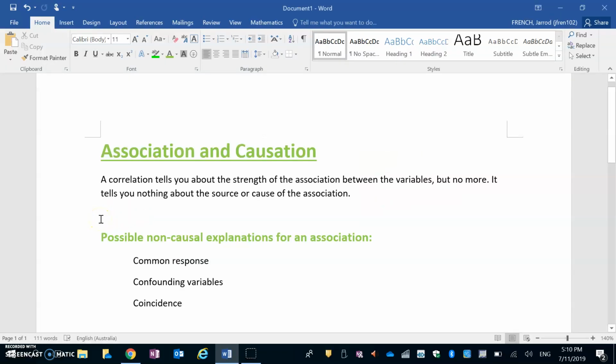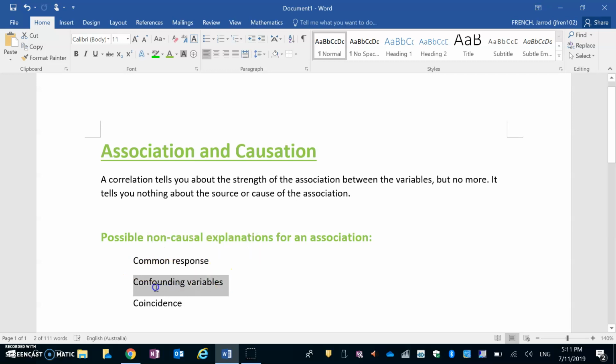Okay, so what we're going to look for now is some possible non-causal explanations for an association. The first one we're looking at is a common response. If the variables were applying sunscreen and fainting, those are 2 variables that are related directly to the temperature. On a hot day, people are more likely to put on sunscreen, and they are more likely to faint when it's hot. We call this a third variable, and it is an exception rather than a rule. This often turns into a situation which is a lot more complex.